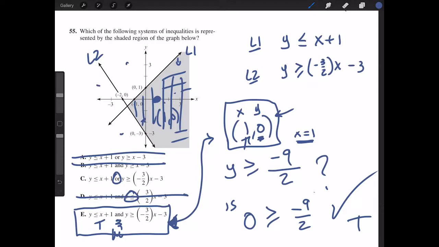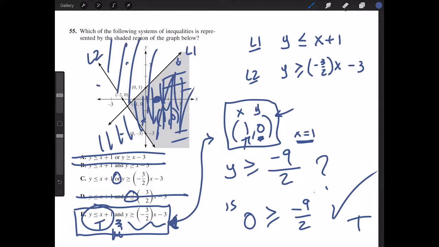And again, the reason why we used AND is because only one region is shaded out of the 4 possible regions that we could have ended up with. Given this condition for line 1, we knew that all of this was possible. And then given this condition for line 2, we knew that all of this was possible. So the only place where we see regions intersecting for both lines is this one. So the conditional AND has